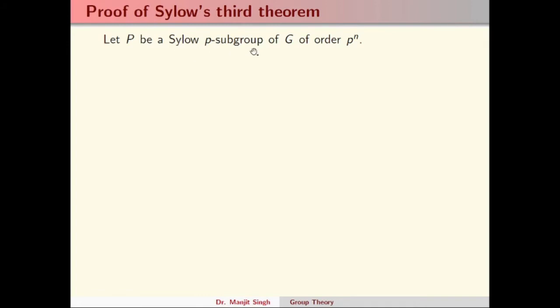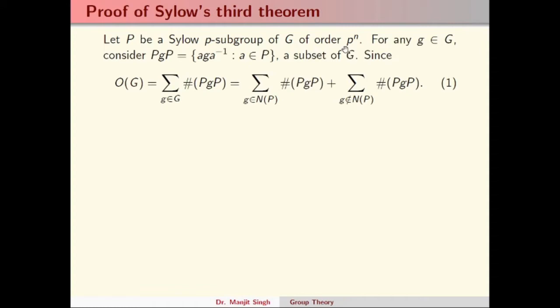Let P be a Sylow p-subgroup of order p raised to power n. So for any g belongs to G, we can take a subset of G containing such elements a, g a g inverse, where a belongs to P. So this is a subset of G, as we have studied in our previous video